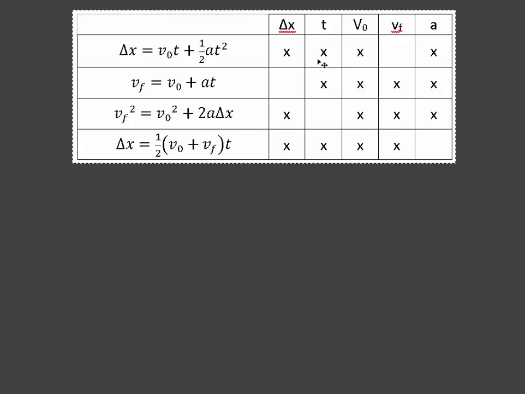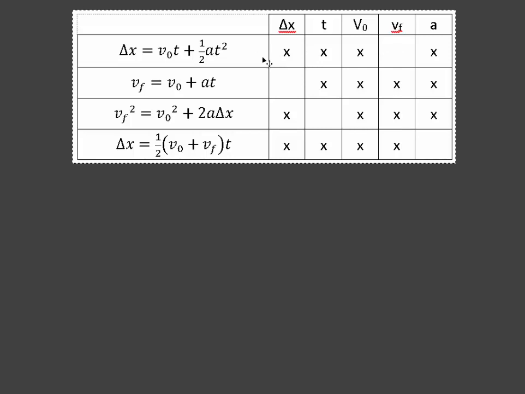And inevitably we'll wind up knowing 3 things and be looking for a 4th. And then the 5th will just not be present at all. So the way you pick which equation to use is you figure out what you know, what you want to know, and whatever isn't mentioned, you look for the one with the hole in it,